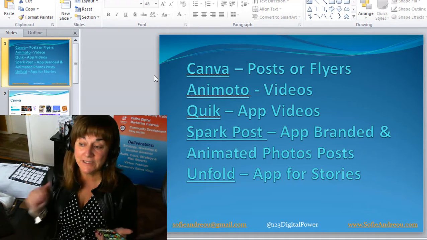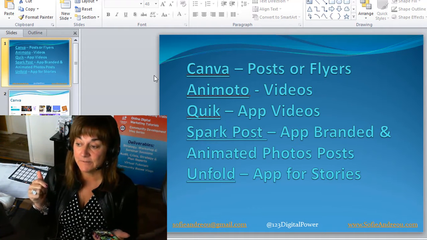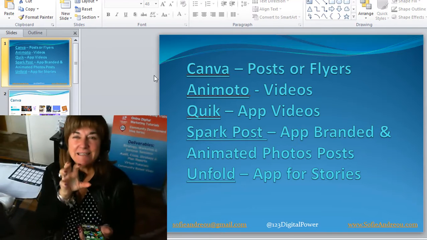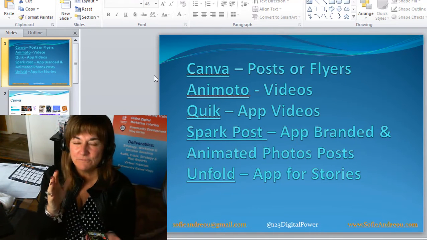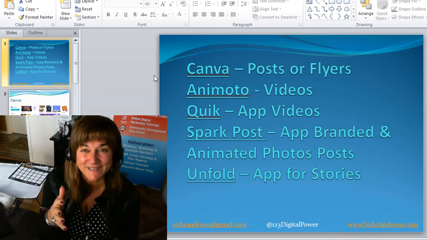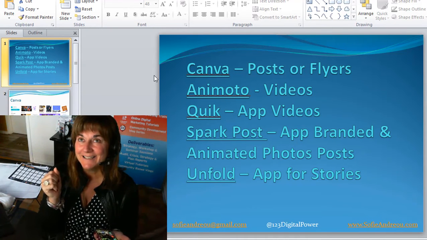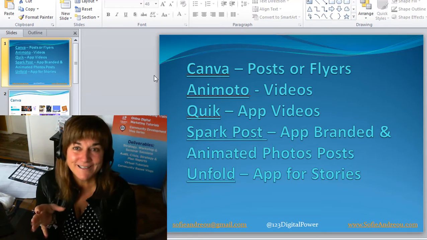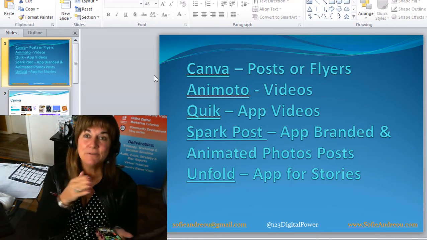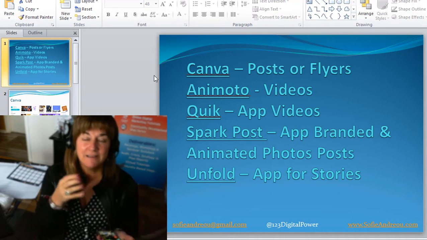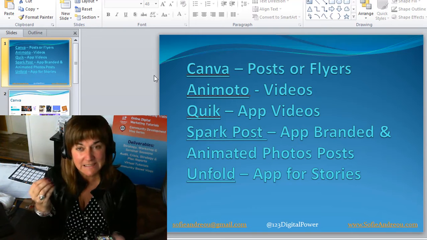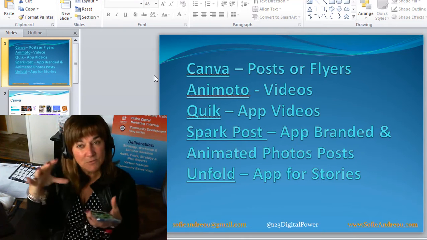And those would include Canva, which is for flyers and posts. You can take branding and resize it to something that's 8 by 10, or something that's a Facebook post, or something that is a story on Instagram. And what I love about it is you're able to extend an authentic photo, as I mentioned, it's so important, and put some branding and some keywords on it,